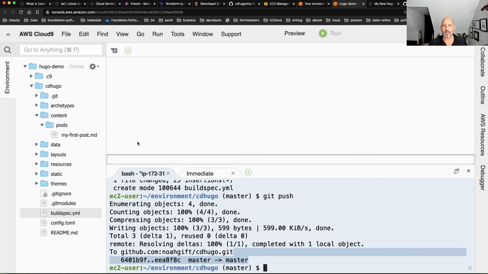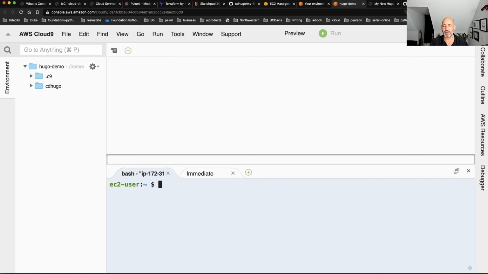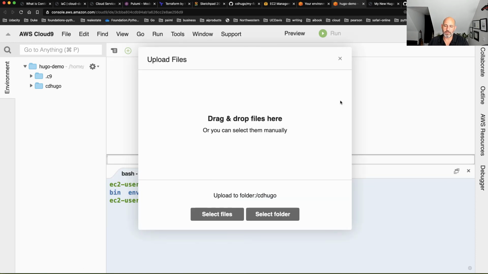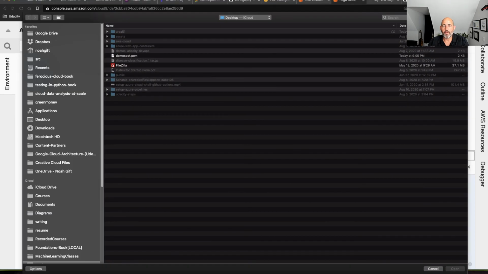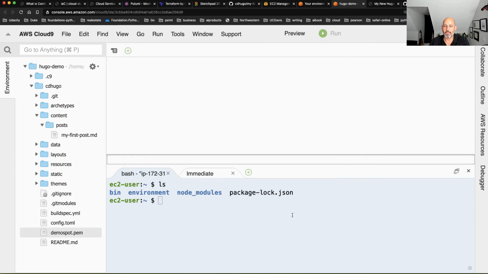Close this, and then I will just cd. I don't want to check in an SSH key into here. I'll just put this at the root of my machine here, and I can go here and say File, Upload Local Files, and I can select from my desktop that SSH key. There we go. And now that I got that set up, I'm ready to go. I can piggyback from this machine to the other machine. And one way to tell the difference here would be uptime. That's one good way. If you're ever confused about, hey, where am I? Look, you can see that this one is up 55 minutes, right?